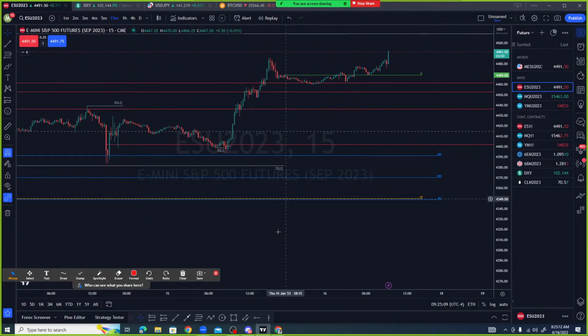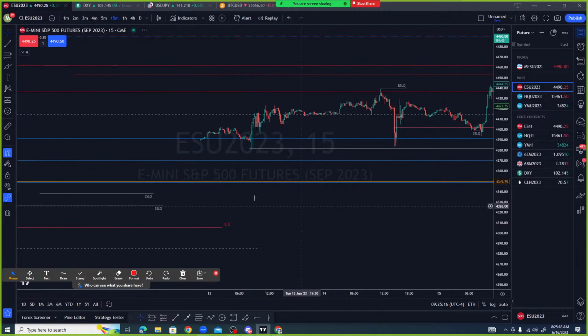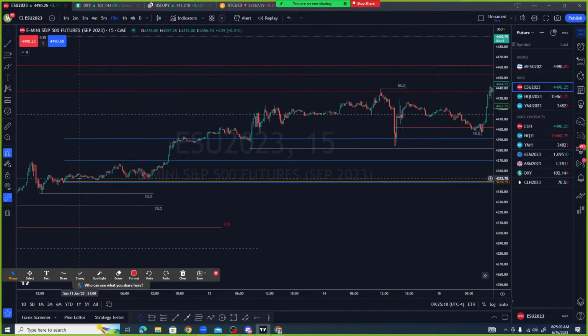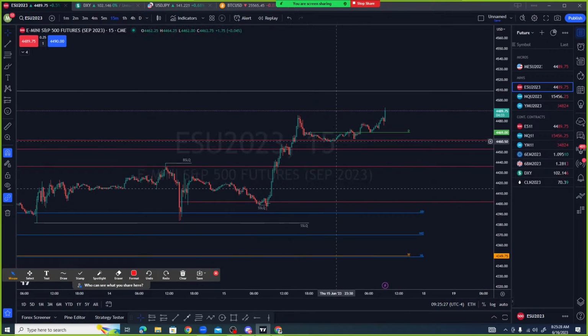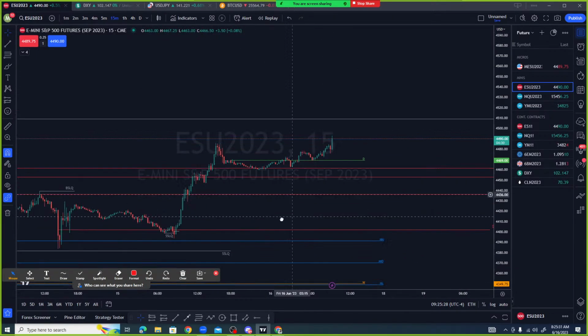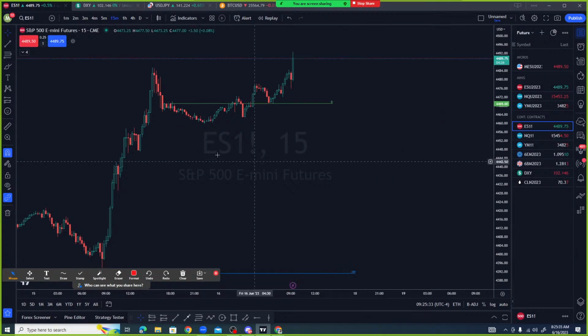These three blue lines right here is an indicator called the Monday range, and it usually is set in at, well, it is, yeah, completely set. You got your high, median, and low at the end of Monday. So I like using that, but today, we've completely left it behind. So we got to find other ways to find our